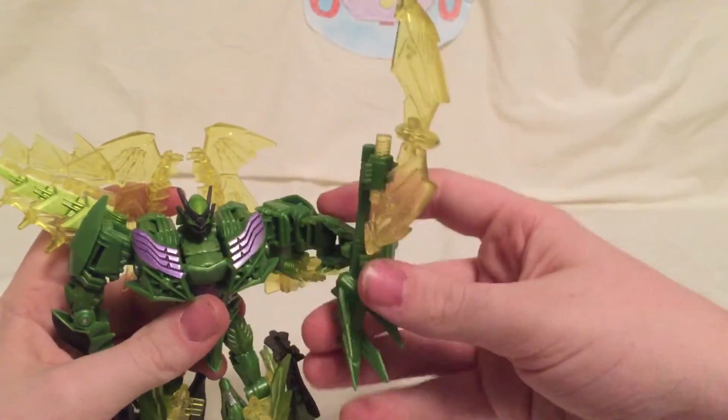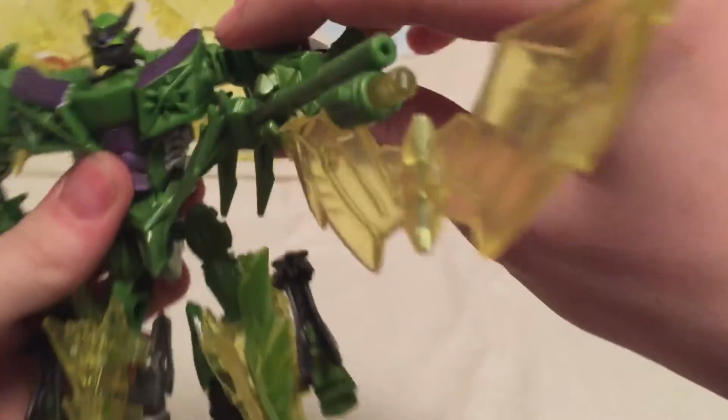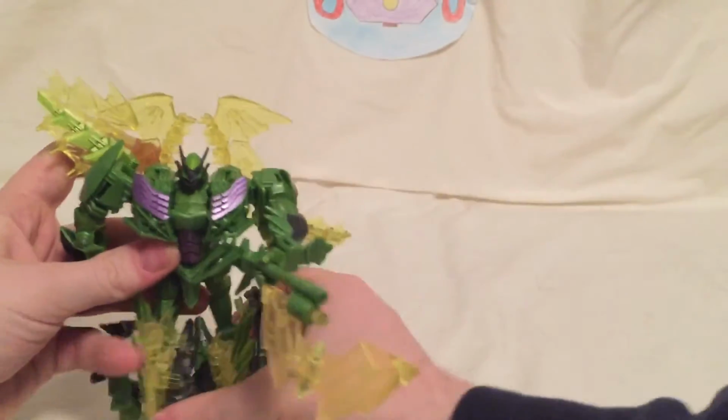And now let me get to the point of his weird hands. I mean, his elbow only lets him bring it in like this. But what you can do is, using this joint allows him to actually have some really, really epic looking